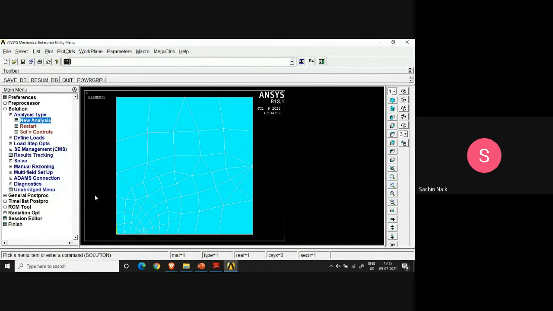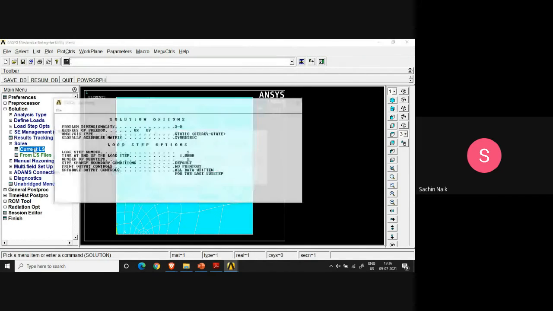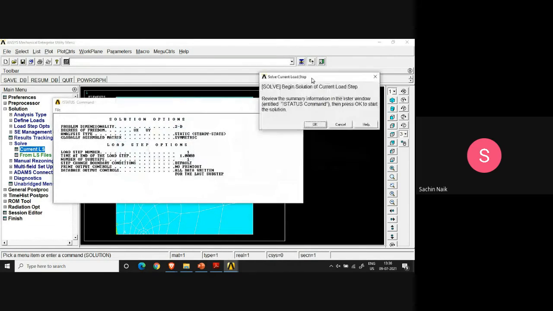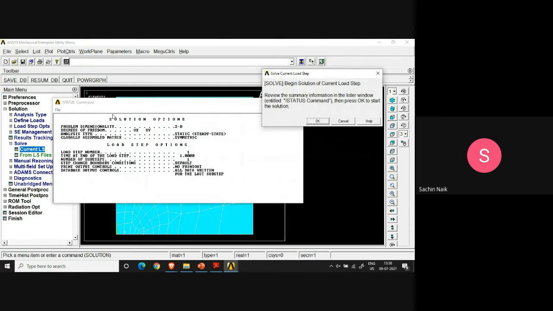Once you do that, you go again to the solution option, and then ask it to solve the problem. So you can say solve the current LS, and it shows you two windows. One window is called the status command window, in which the options that are chosen by you are shown.